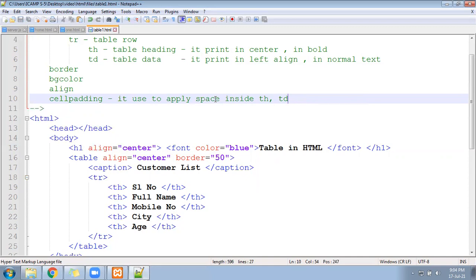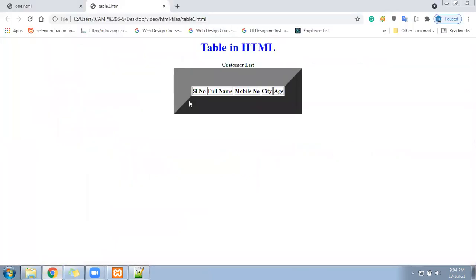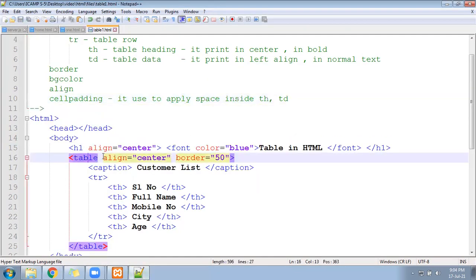Now see in the browser what it says. Look at here. Inside th, do you have the space? No space. Correct. Now I'll go here and I will write here a property called cell padding. Then how much? Let me give it 10 directly and show you what is happening.